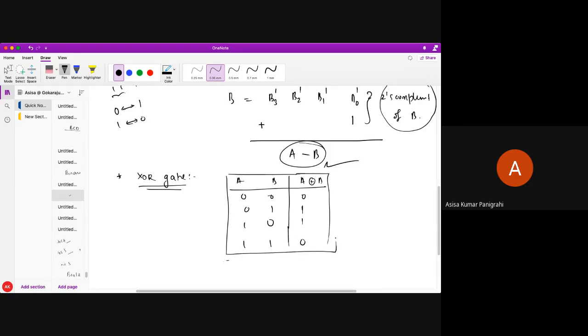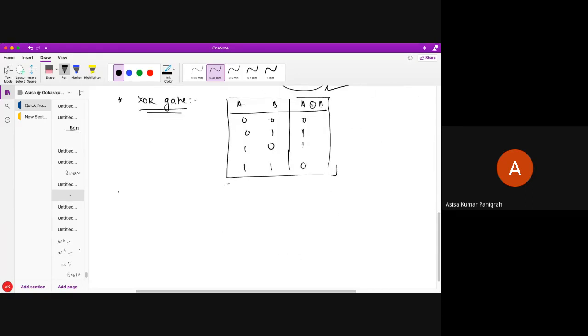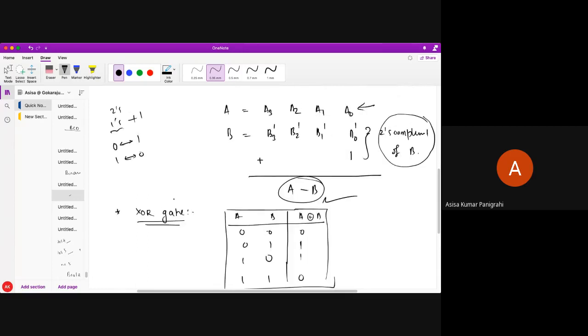So now XOR gate, what am I going to do? Let's say case 1 of the XOR gate I have taken like this. Okay, let's say it's a 2-bit XOR gate. Please try to understand, very important, then you will be able to design this adder subtractor circuit. Okay, so let's say this is my B0 bit. I need B0 bar. Am I correct, students? Only I need B0 bar, B1 bar, B2 bar, B3 bar. So what do I need to do?